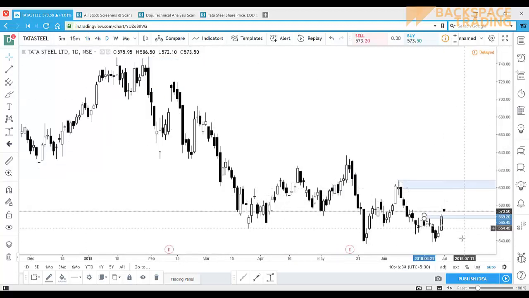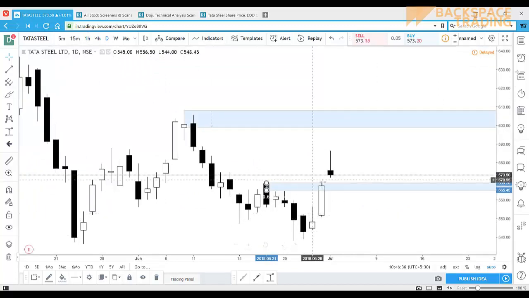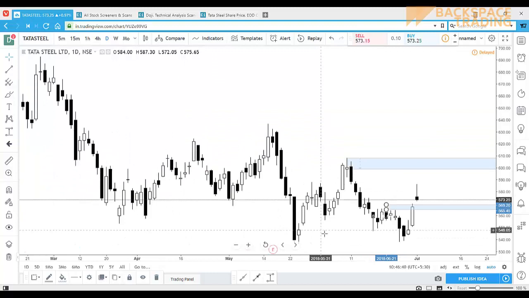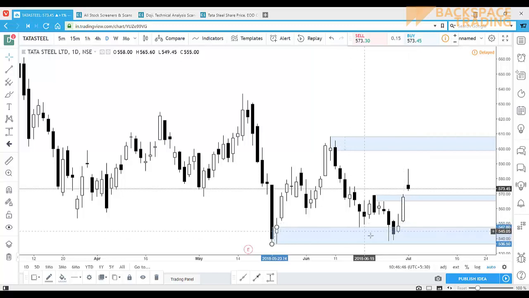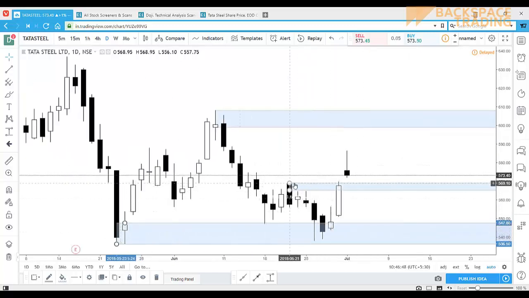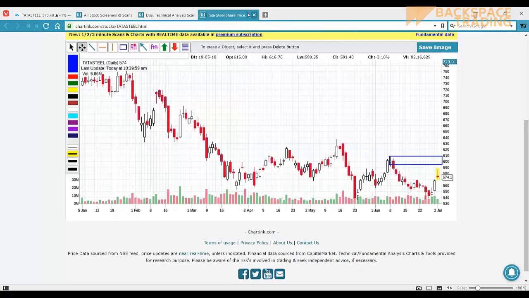I guess that is a possibility by looking into the big bull candle over here, and this bull candle is supported by this area. So it took a support, it broke about this low, and if it closes over here and it comes back to this zone, I think I can take a buy call. Let's see, I don't know, but I will look into it and take up a trade later. As of now,